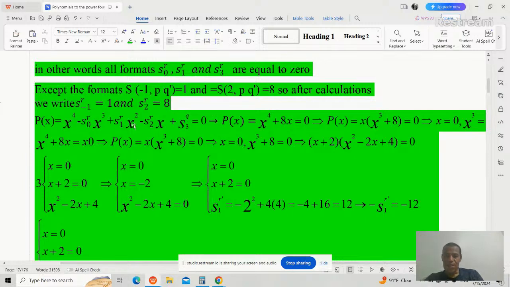Therefore, this polynomial is equivalent to x to the 4 plus 8x equals 0. You can put x as a common factor: x times x cubed plus 8 equals 0. Therefore, x equals 0, and x